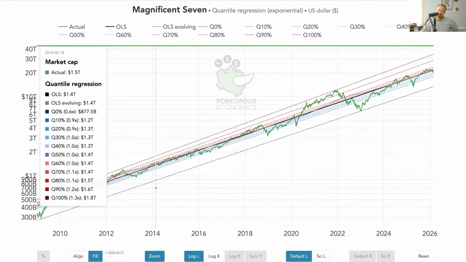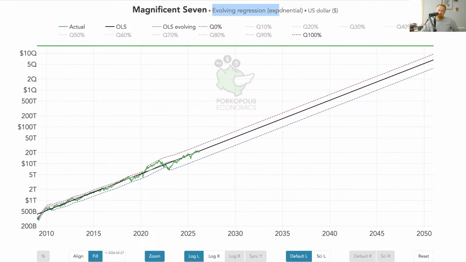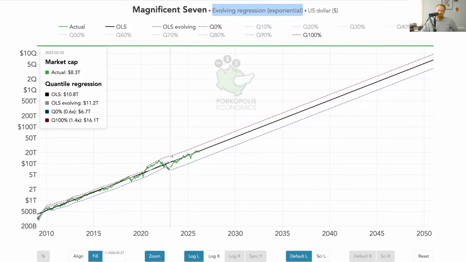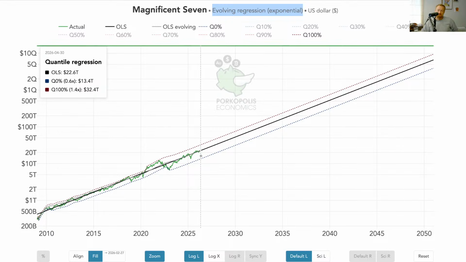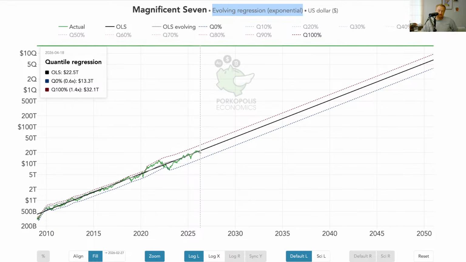So I actually think, and now by the way, here's a quantile for the Mag 7. So I did evolving regression, same thing where we have the multiples. So 40% over trend or 40% under trend. You know, this is not a denouncement of the stock market. These are for sure the best performing stocks. But as the AI trade gets a little bit crazier, if we go into sort of a .com style boom and bust, which I don't think we're there yet, but we'll see.